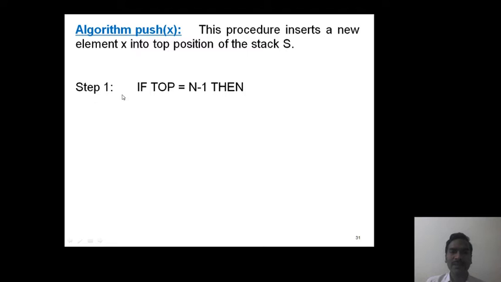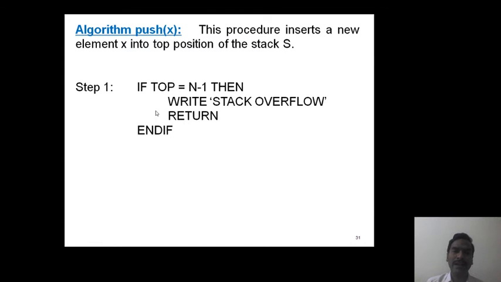Step 1: if top equals n-1, that means the top variable has reached the n-1th location, then we display a message as stack overflow. When the stack is overflow, insertion is not possible. Hence we return from the function.